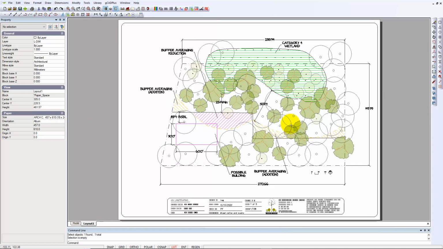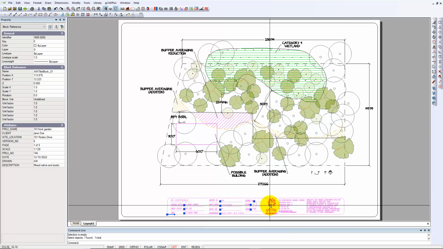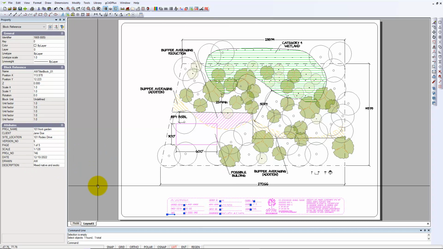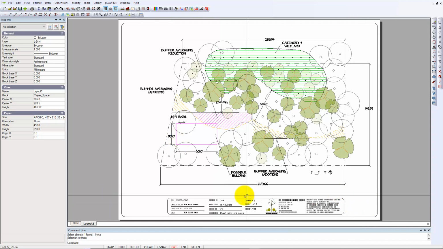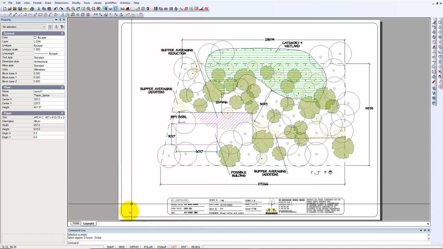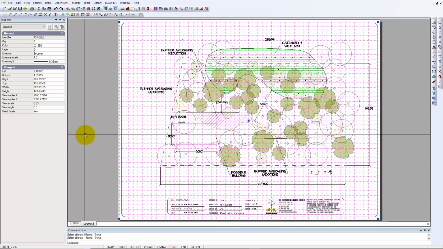Well, here is the final result. We've put a title box down below. Just fill out the information in the title box and you are done. In order to do a print, remember that this one is printed to a fixed scale. I'll just try and grab it shows as view scale